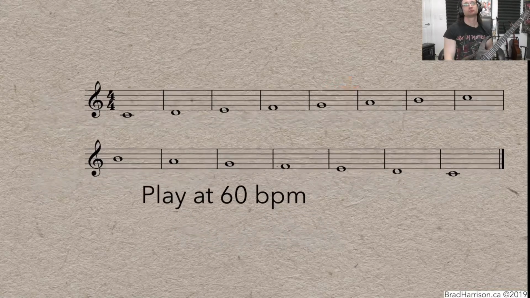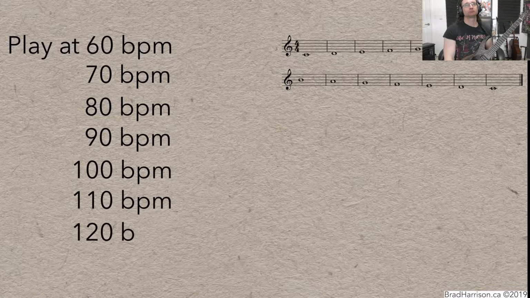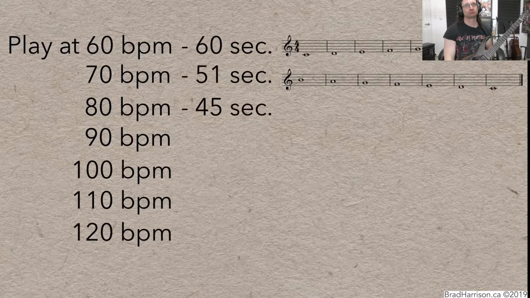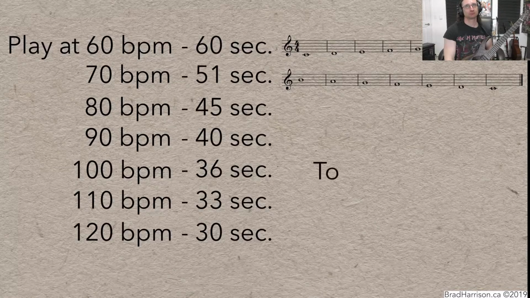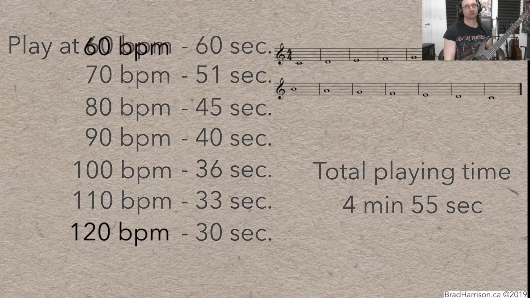Now, play that scale 6 more times in whole notes, but increase the tempo by 10 beats per minute each time until you get to 120 beats per minute. Note that each iteration takes a bit less time to play. By the time you complete all 7 exercises, you've doubled your tempo and the whole process takes less than 5 minutes. It was slow and deliberate, and maybe not super exciting, but it laid the foundation of familiarity to build your technique and muscle memory.